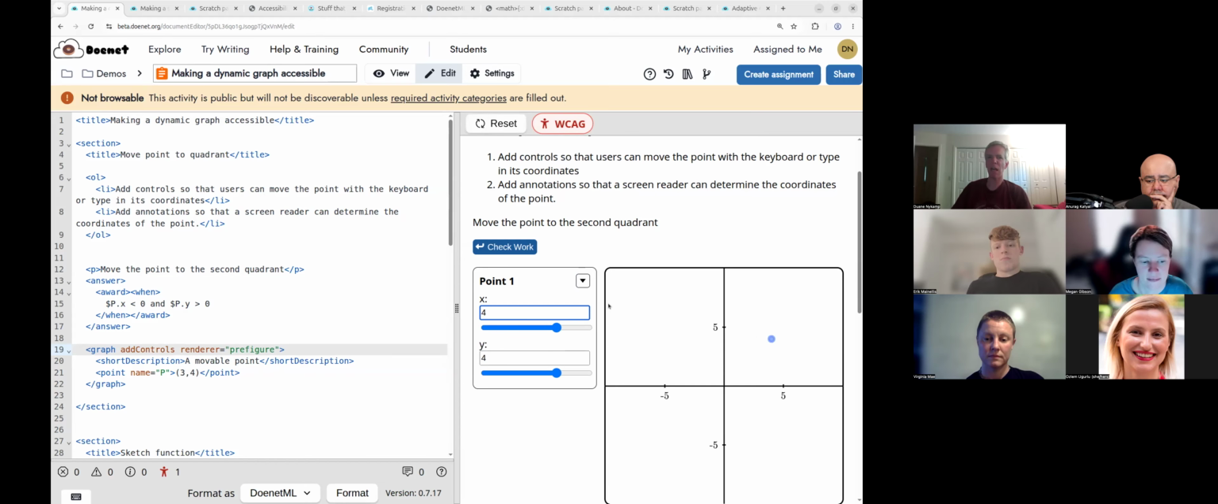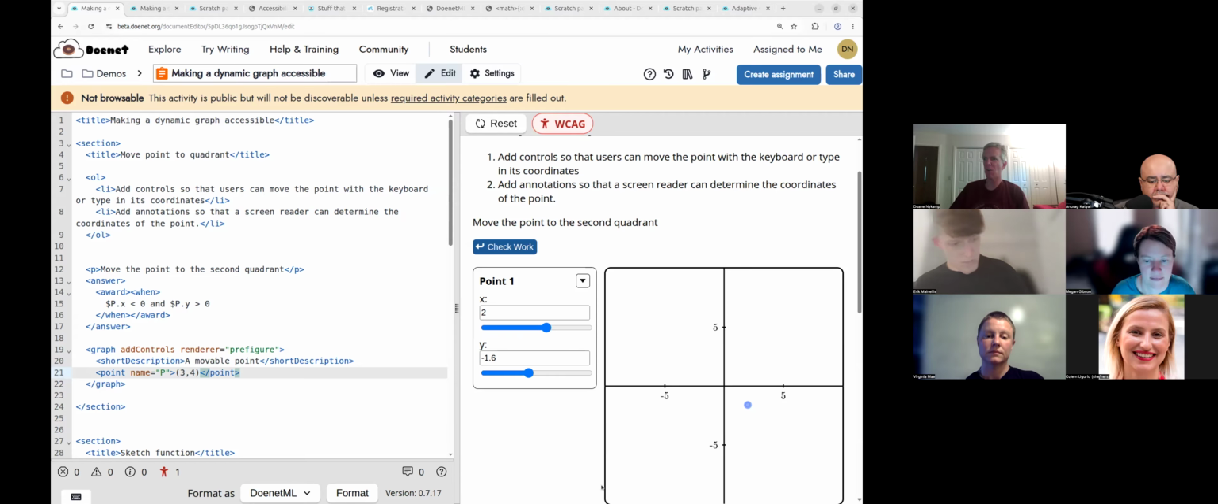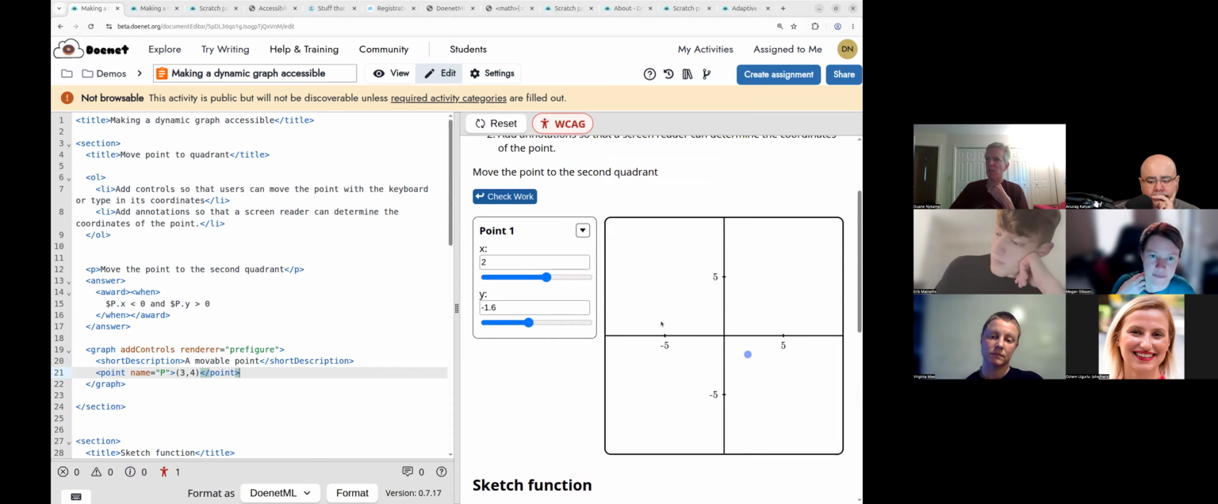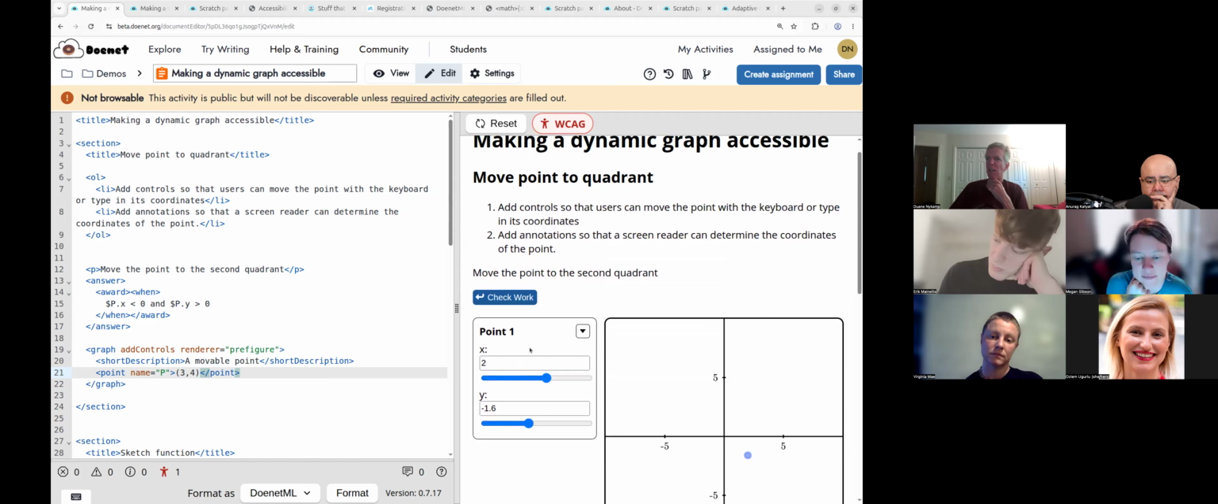It's just another way of allowing, if you can't move it with a mouse, you can go over here and use the arrow keys to move this. You can type in X and Y, things like this. Just another way for you to be able to interact with a graph. You can imagine having either an annotation or a long description, so that a user, even if they can't use the mouse and have to just use the keyboard, could still manage to move the point to the second quadrant. And they could figure out, okay, I've got to move this to the left,